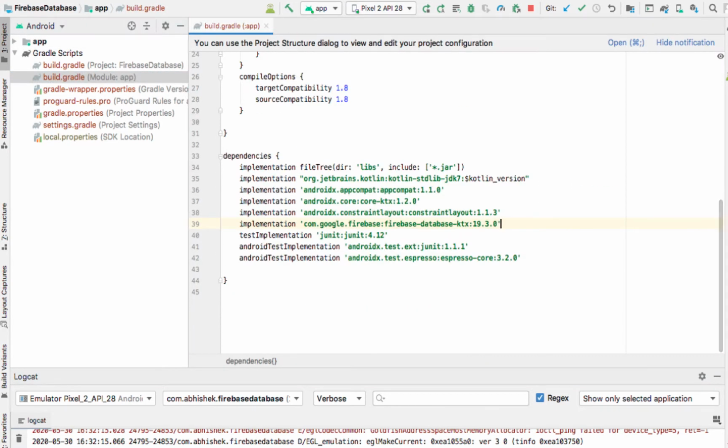So, yes, what is the need for this Firebase database? Whenever you don't have any specialized server for you and you don't want to invest before you are trying to make a small application, so here you don't think there is any investment, so you can use this Firebase services.